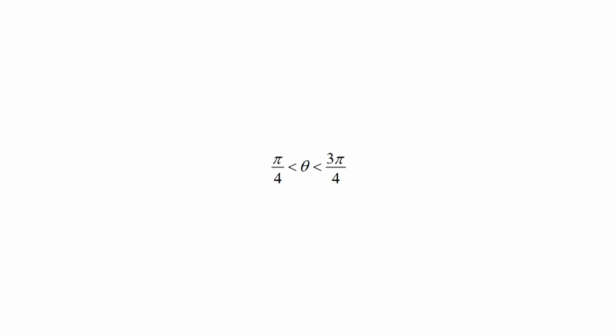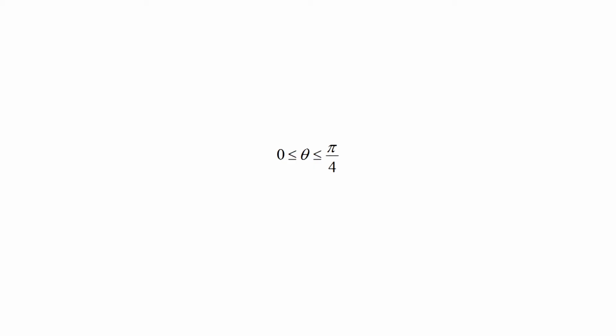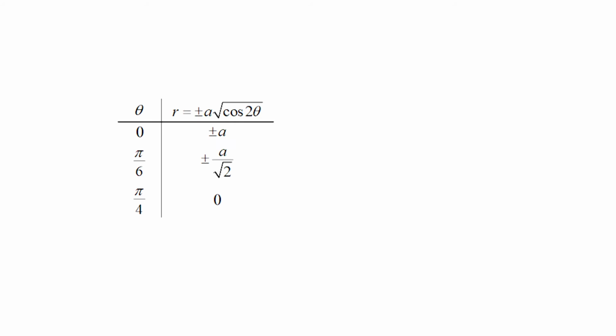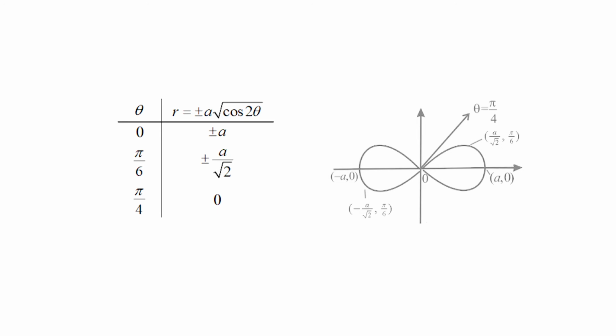Hence, the curve has no portion when pi/4 < theta < 3pi/4. This idea, together with the symmetries mentioned above, tells us that the information of points ordered by (r, theta) when 0 <= theta <= pi/4 are enough to draw the entire curve. For this, we plot certain points as follows. We connect them from 0 to pi/4 and complete the remaining portions using the symmetry about the line theta = pi/2 and about the initial line.